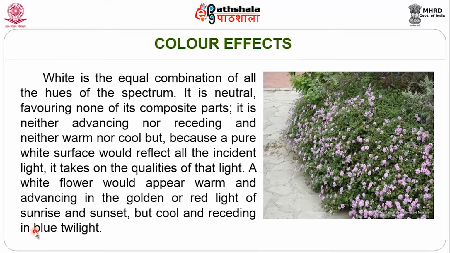White is the combination of all hues of the spectrum, it is neutral, it favors none. So, it is neither advancing nor receding, and a white flower can appear warm. It also depends on the incident light. A white flower would appear warm and advancing in the golden or red light of sunrise and sunset, but cool and receding in blue twilight. So, depending on when there is a white colored plant or white colored flower, we can use it accordingly